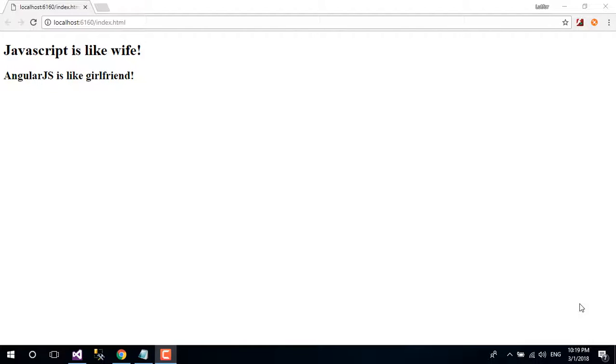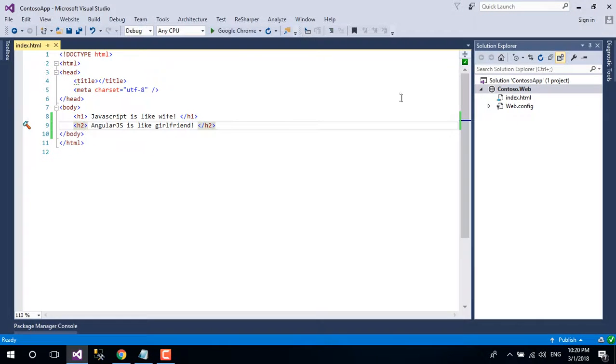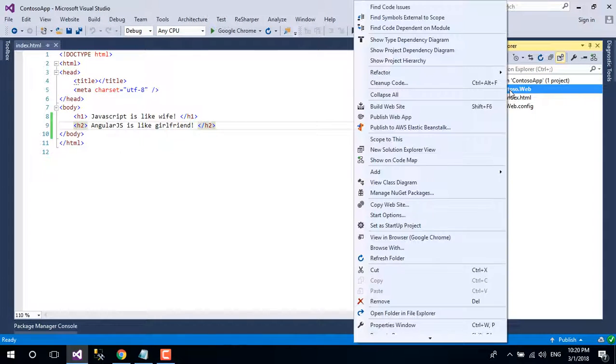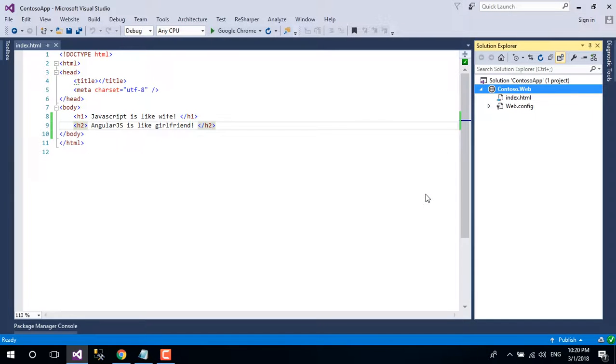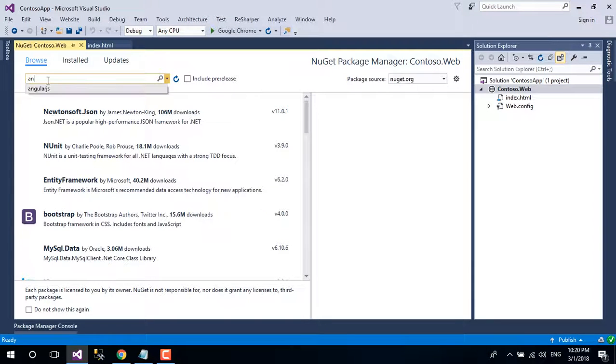It's time to install and include AngularJS in our project. Let's go back to Visual Studio, stop debugging, right click on Contoso.Web, select Manage NuGet Packages, click on Browse, search for AngularJS,